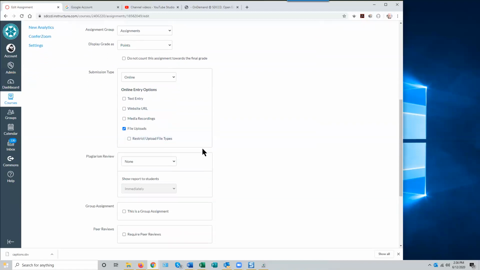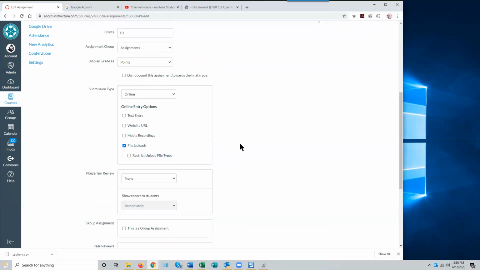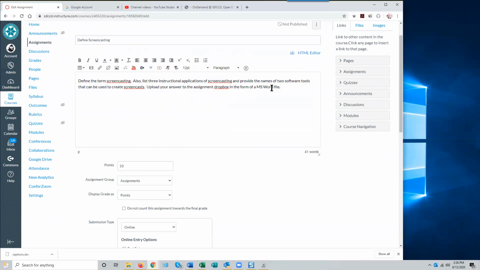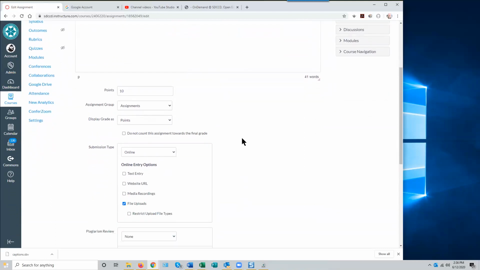So the student's going to have to create a file. It would be nice, of course, if when the student submits that file, you can open it. And in this case, I have specified a Microsoft Word file. And that's not an especially onerous specification because most students will either have Microsoft Word, students can purchase it very reasonably, or they'll have some sort of text editor that can save files in Microsoft Word format. They can get a free open office suite